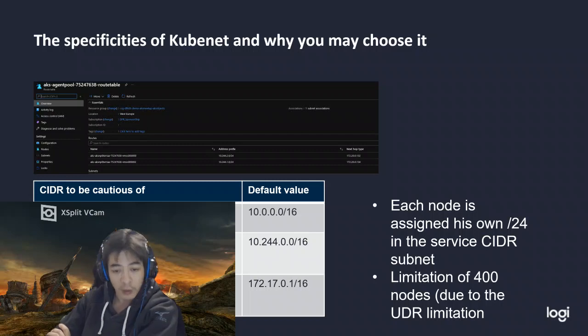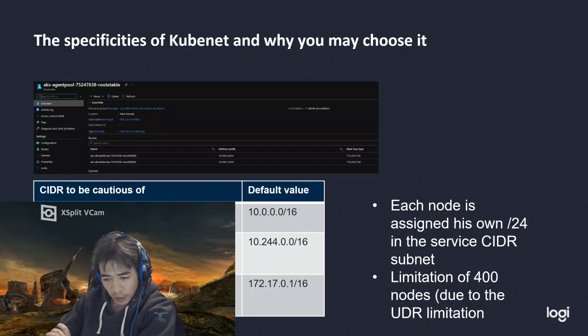If you do have other ranges used which are similar, it won't cause any issue of overlapping, because since there is an isolation, Kubernetes doesn't know that there is an overlap between its own pod IP range and the rest of the world, but a pod trying to reach something in the same range as itself will fail anyway. So as you can imagine, okay.